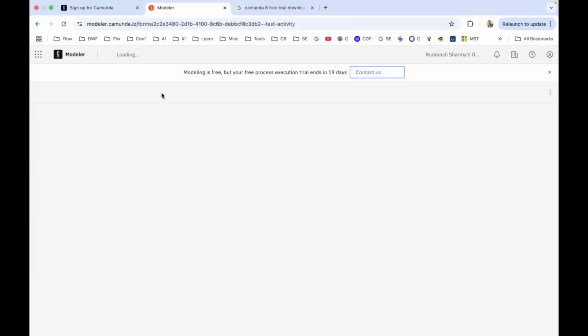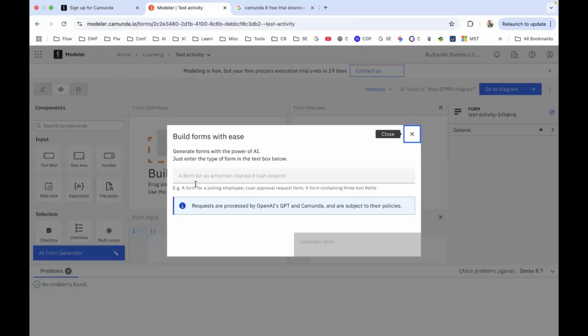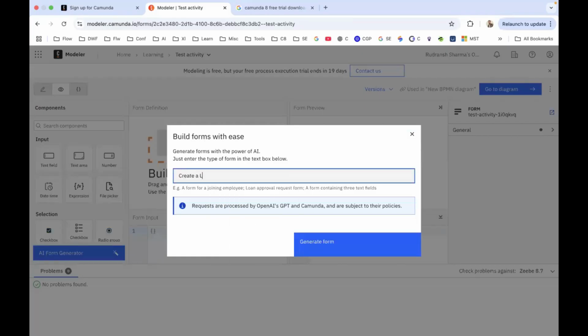Once you create a new form, you get the options to create forms using low code. What these options are, we can discuss again. You can also create a form by using the AI generator. Let's say, create a loan submit